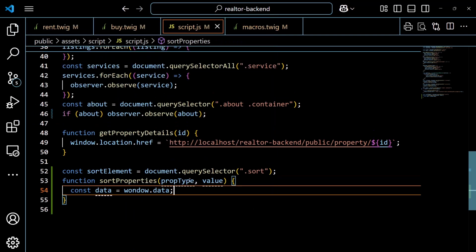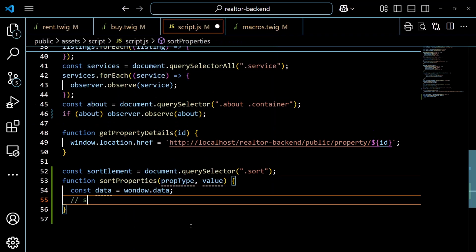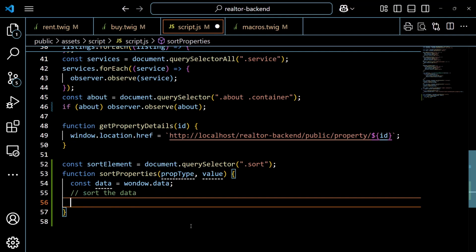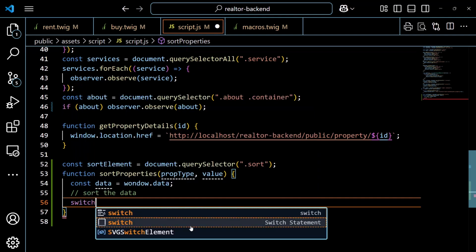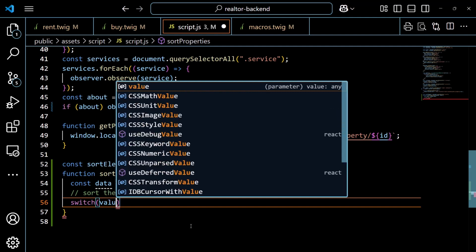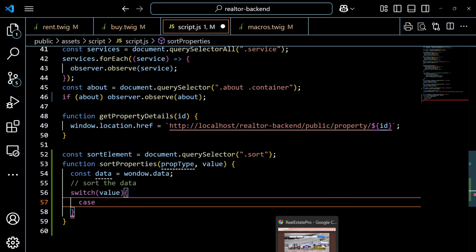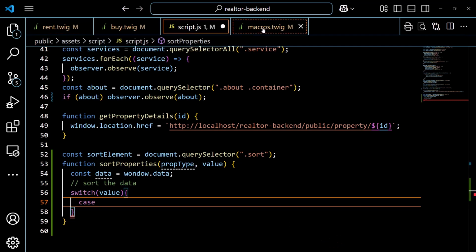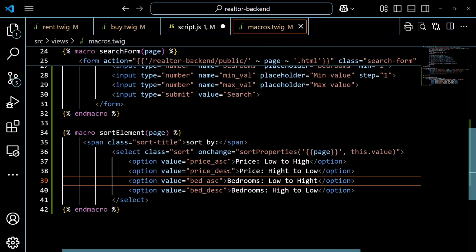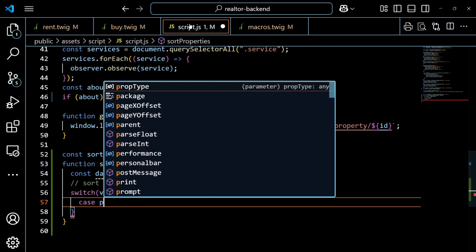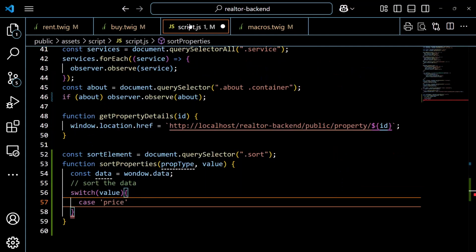Okay. Now the first thing that we are going to do over here is sort the data. Then we will think about how to modify or update the cards based on this data. So for that, we are going to use a switch statement, and we are going to pass this value, and we are going to define 4 cases. The 4 cases are, let's go to the macros, these values: price ascending, price descending, bed ascending, and bed descending. So case price ascending,